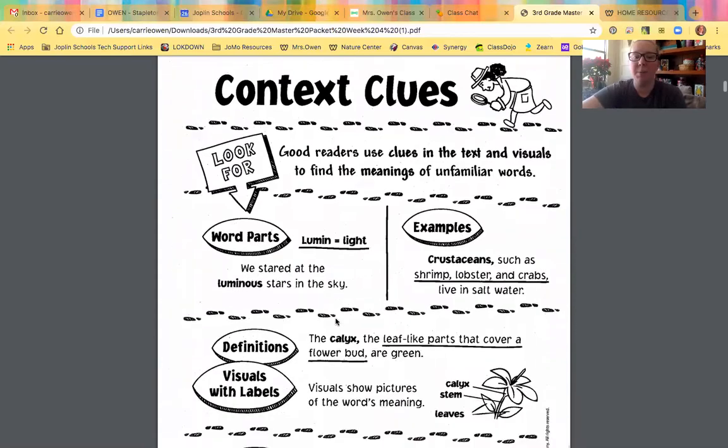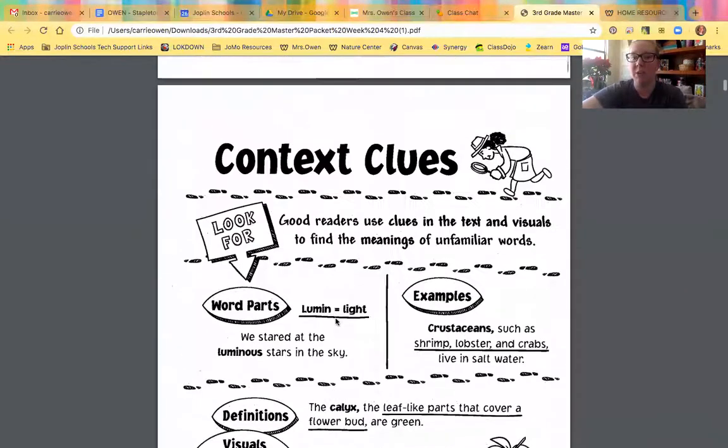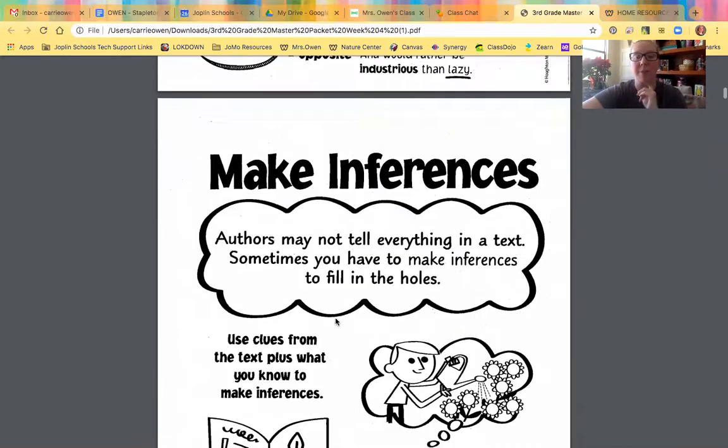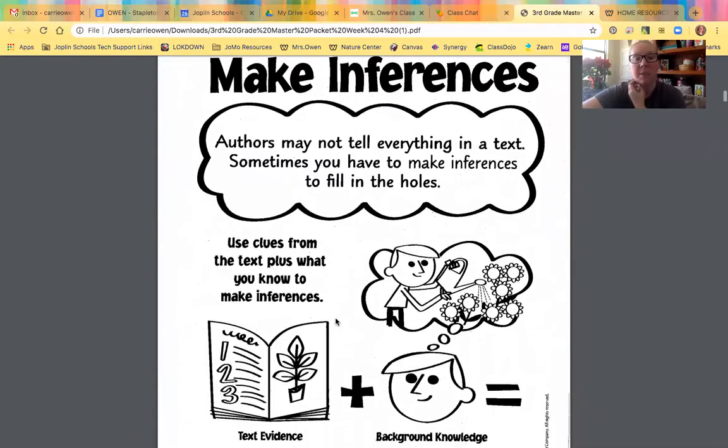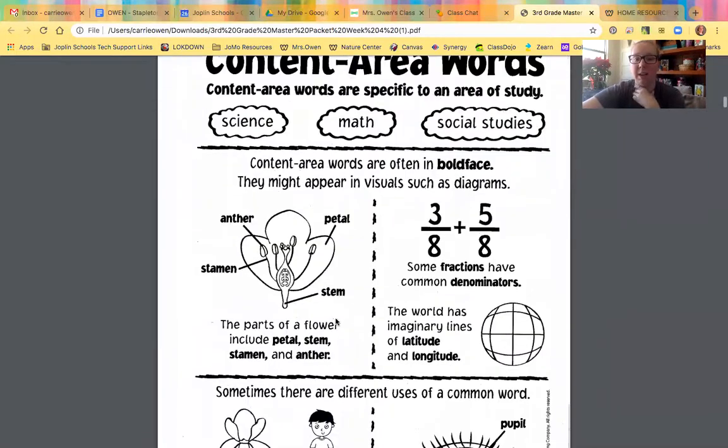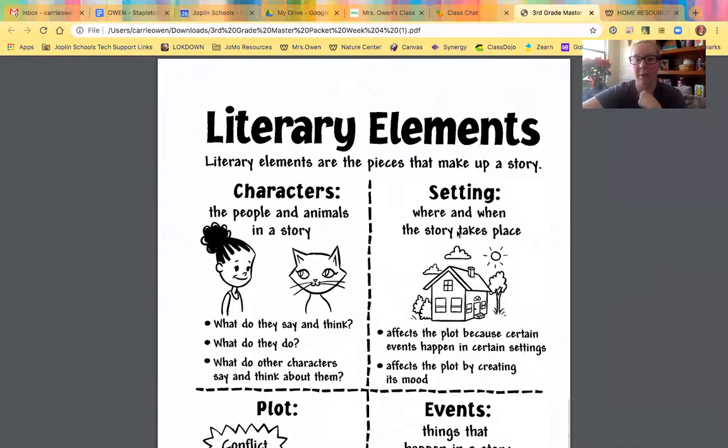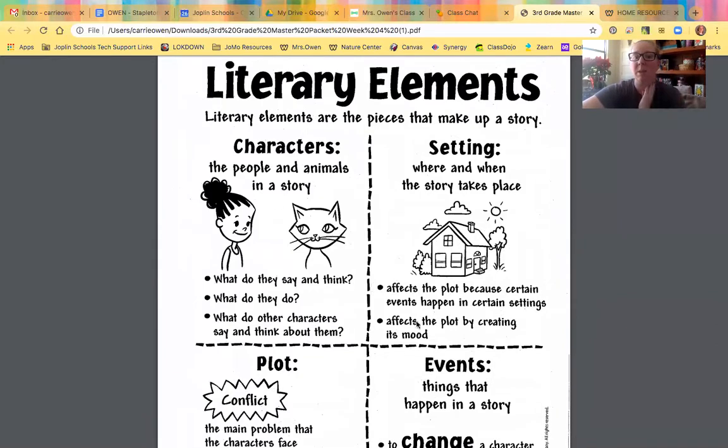They have put in here some anchor charts to use if you want to help your kids with context clues, understanding a word in a paragraph, making inferences, content area words, or literary elements. If you don't pay attention to anything else, this is the big one that we focus on with fictional stories. Can your student tell you the who, the where, the what is happening,